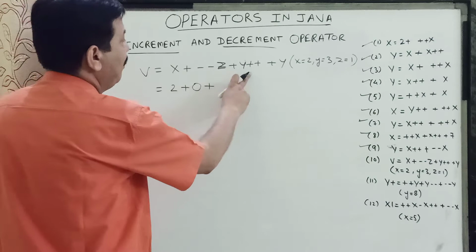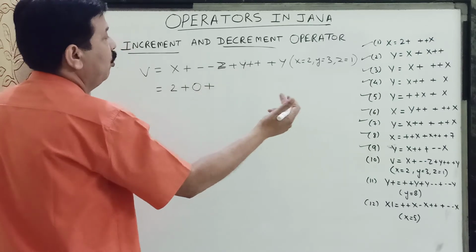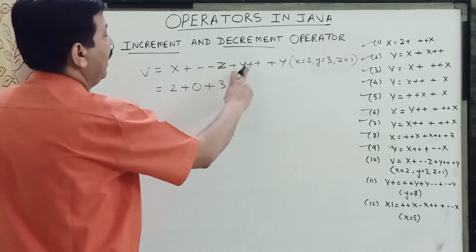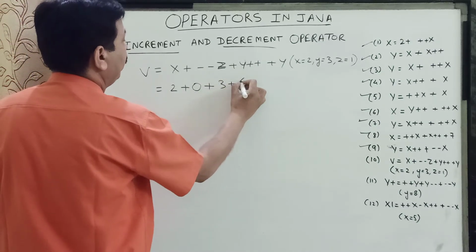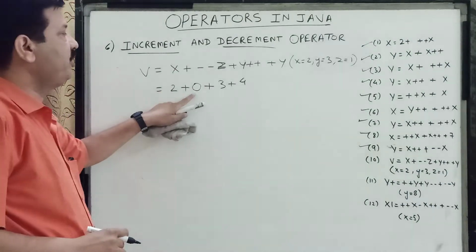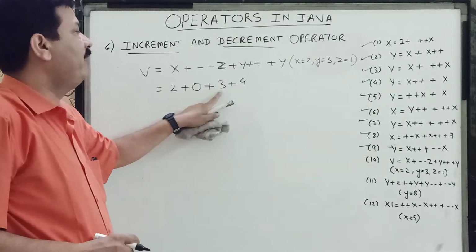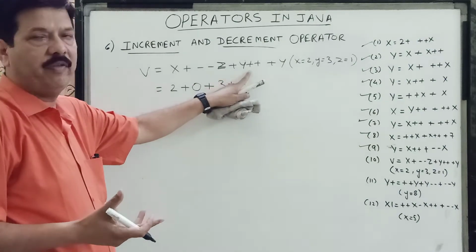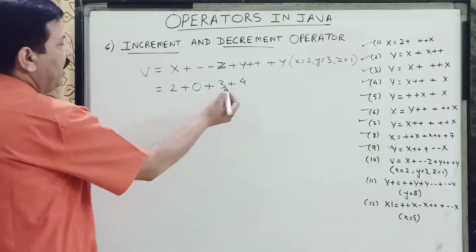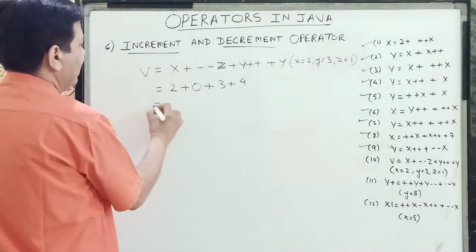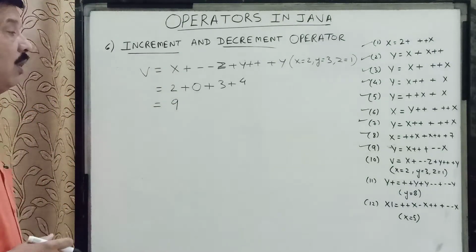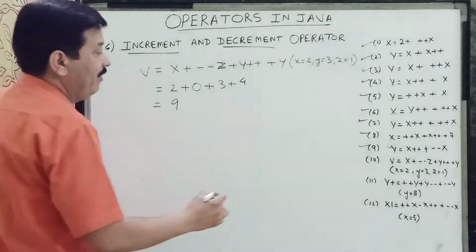And then we have y plus. So y plus is post, so 3 will be used, but now its value is increased. And again when we add y, it becomes 4. So children, this is the original value of x, this is z after changing, this is the original value of y, but now its value is changed because of this operator. And when we again add y, it becomes 4. So it becomes 2, 5, 7, 9. That means it is now 9. So this is the value of this question. So we have done this also.